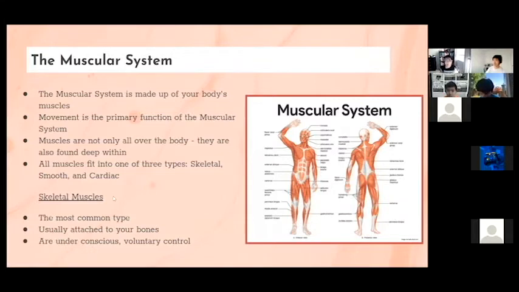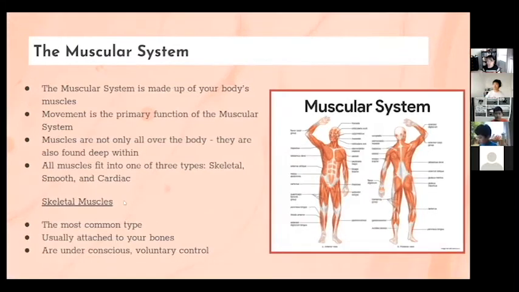You're very, very close, but the tiny bit of difference is voluntary control is when you have to think about it. Your brain has to tell you, okay, I have to do this. Involuntary is when your brain doesn't need to think about it. For example, when your heart pumps, you don't have to think, oh wait, I forgot to have my heart pump. If you had to do that, you would probably be dead in a grave right now, which is not what we want. Does that make sense, Serena? Yes, it makes sense. Okay, great. Then we're going to be moving on to the next slide.